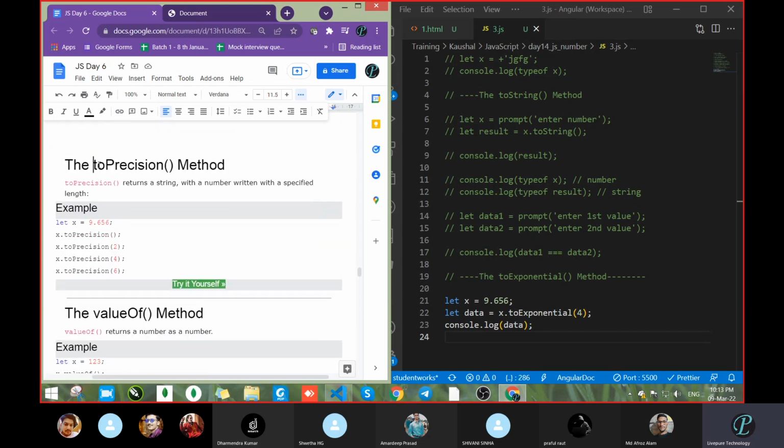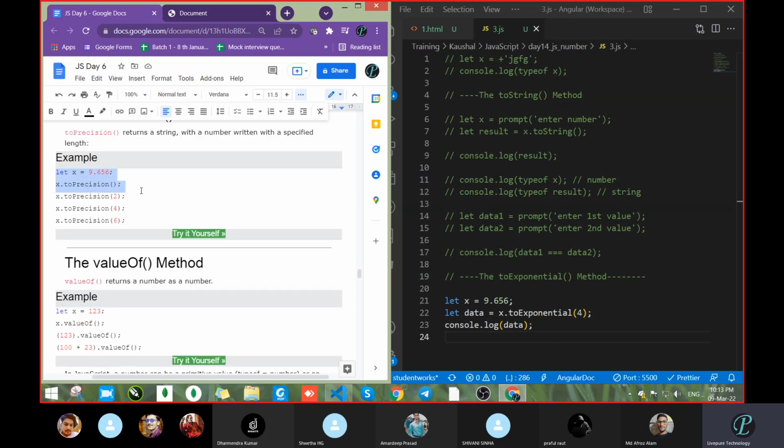Next is toPrecision. See, these will all be useful when you do some mathematical calculation. That time you will use these things too much. So toPrecision, what it will do, it will return a string with a number written with a specified length. So how much length you want, you can get that.